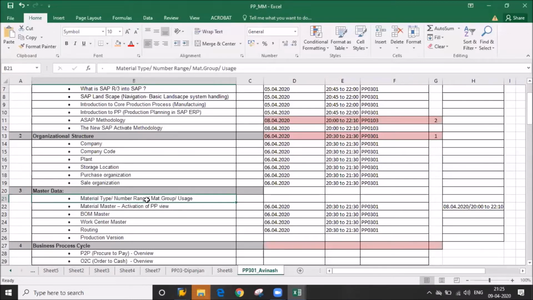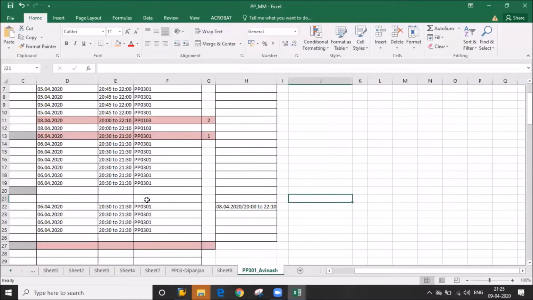Okay. And what is a material group? Suppose you are having 5 or 6 types of raw material, or suppose you are having 10 types of raw material. So you can create grouping like 01, 02, 03. Suppose 2 types of material will be in the same group. I'm giving an example: if you create material code RA1, it is in the same group 01.